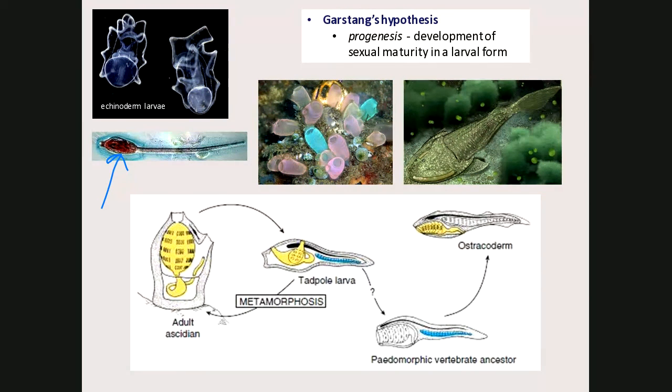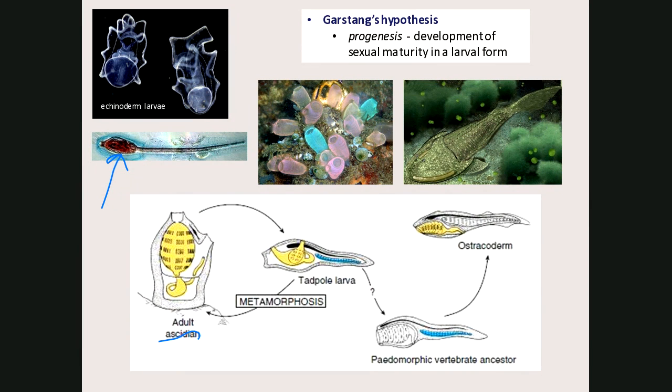And that tadpole, in some chordates that we're actually going to look at today, is actually part of the reproductive cycle of these organisms we call ascidians. This is an adult ascidian. An ascidian is a tunicate. We'll get to the tunicates here in just a second, but this is a sessile organism. The tadpole larva would be for dispersal.